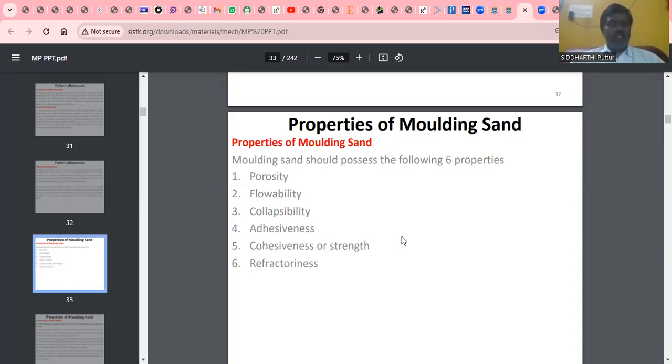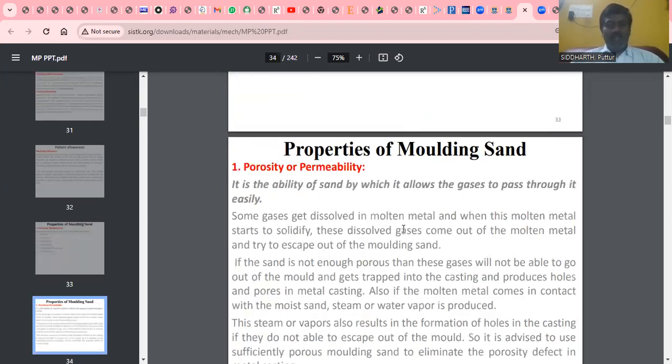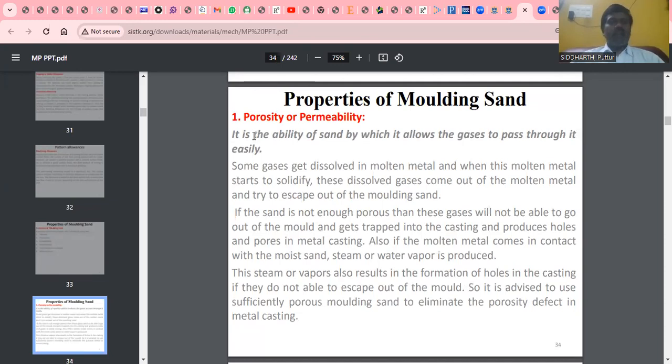Now we are going to discuss all these properties one by one. First one is porosity or permeability. What is meant by porosity or permeability? The porosity or permeability is the ability of the sand by which it allows the gases to pass through it easily. For example, while preparing this molding sand,